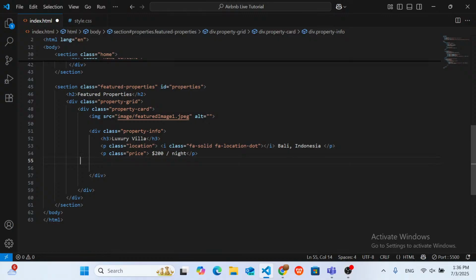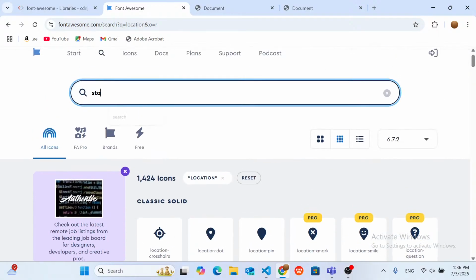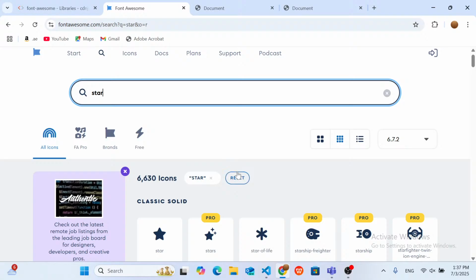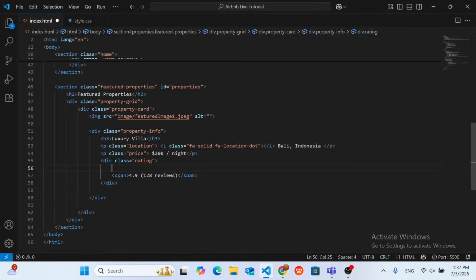Then for the rating, I'll be wrapping the rating inside a div as well, a new div. We have a span for the rating, so we'll be using the star icon here too as well. Let's get it from Font Awesome. I'll be using the first one. I'll copy the code, so I'll paste it. So I think we are done